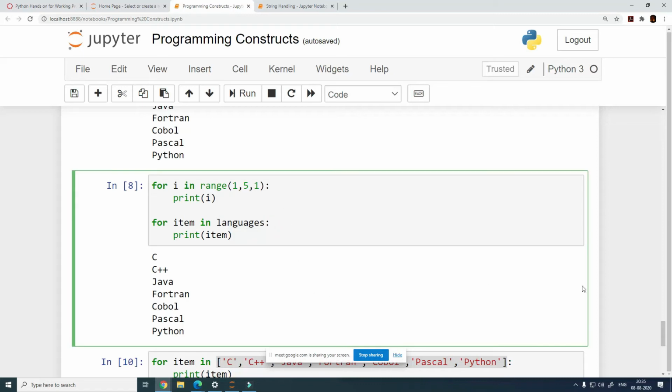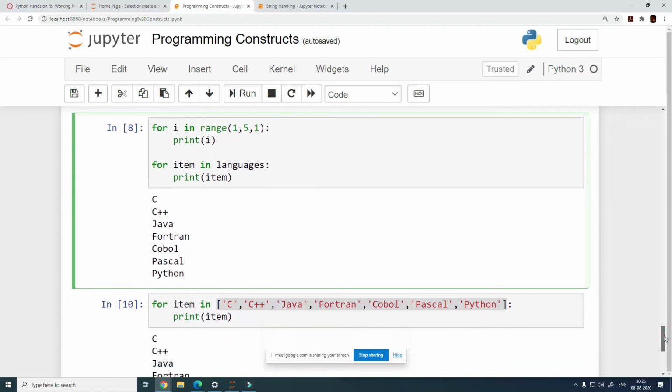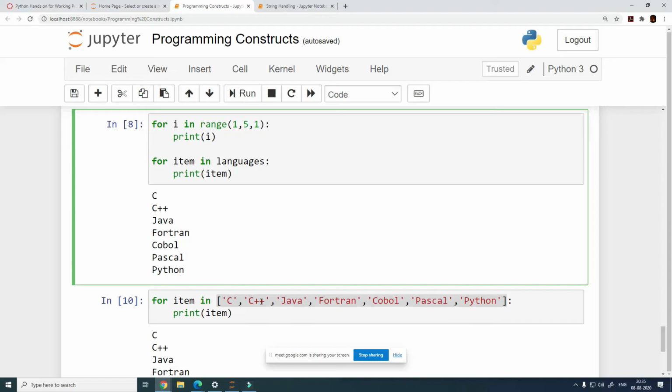So here, when you run the loop using a list, it does not require you to specify a step size, but that is an option when you use a range function. And if you do not specify it, then it takes a default value of 1.